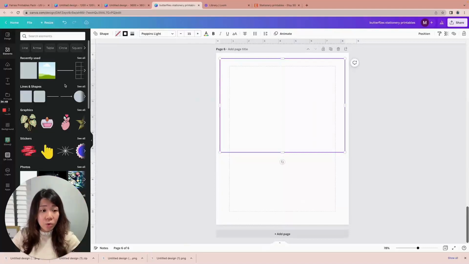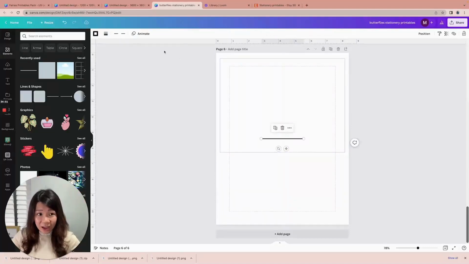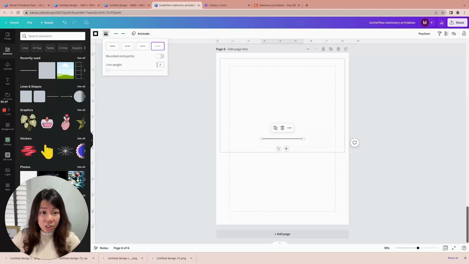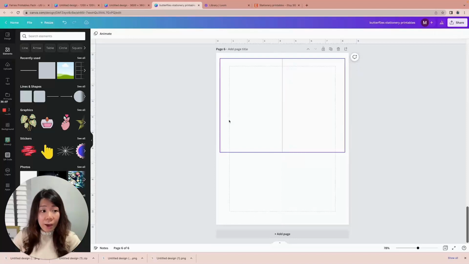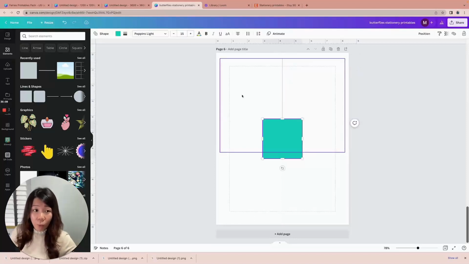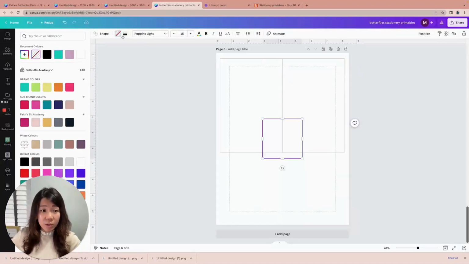I'm also going to add a line so that it divides the card in the middle, so when someone prints it out, they know exactly where to fold it. Okay, dotted line, border line with border width as 1. Just rotate it and stretch it out. Use the pink line to guide you, and there we go. And then one more transparent